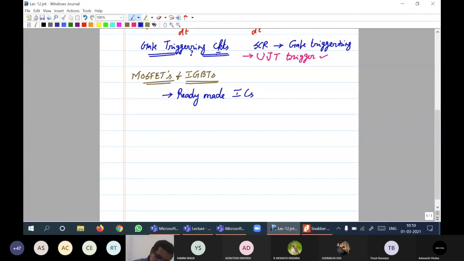You need to take care from the data sheet. I'll give you some examples of gate triggering ICs, gate ICs. Gate triggering ICs include IR 2110. Of course, this is for triggering a half bridge